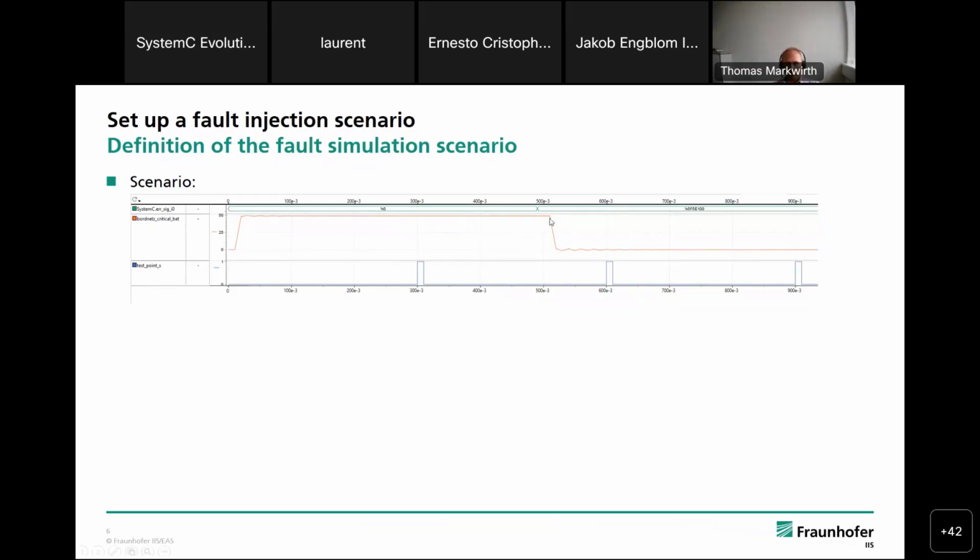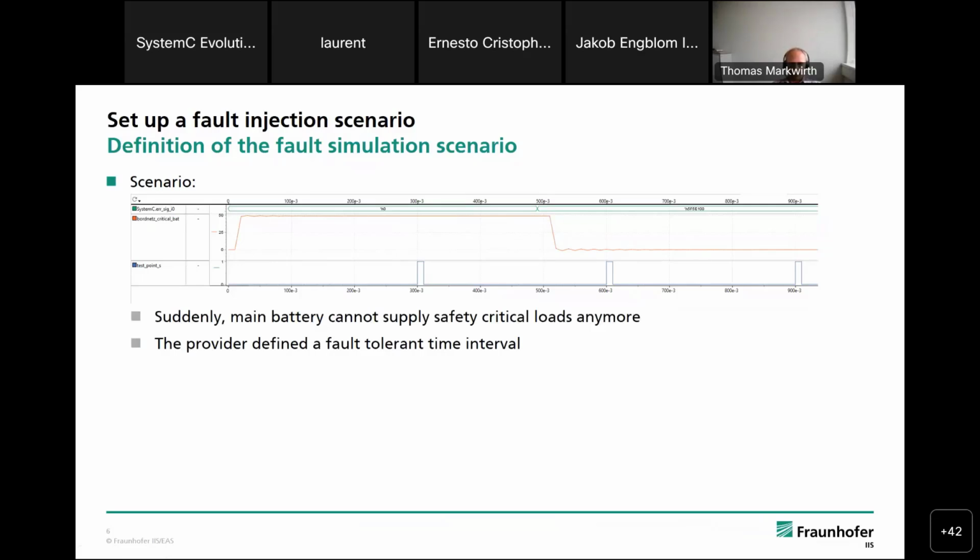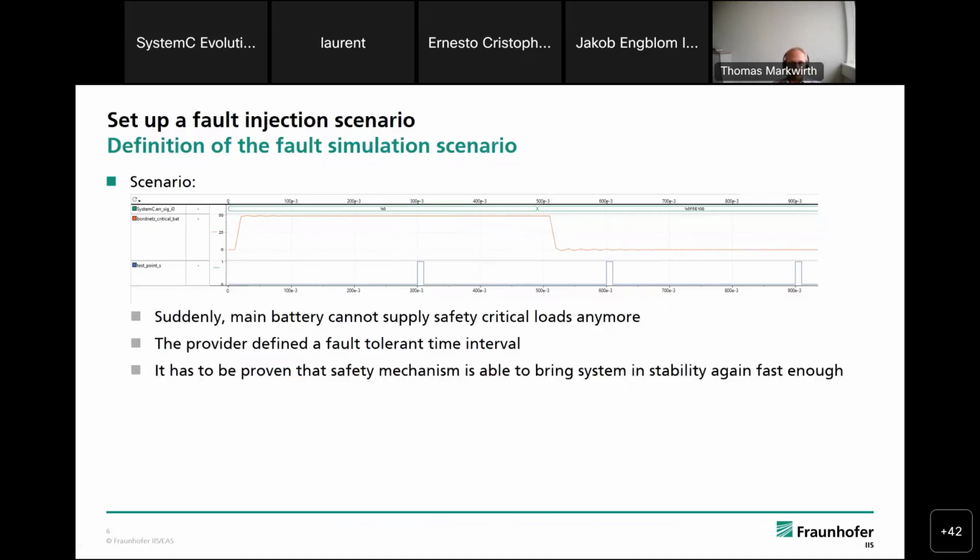And this occurrence here is done by the fault injection approach. So the scenario is also suddenly the main battery cannot supply the safety-critical loads anymore. Essentially, the provider of this safety-relevant component defines a fault tolerant time interval. And now it has to be proven that the safety mechanism is able to bring the system to stability again,